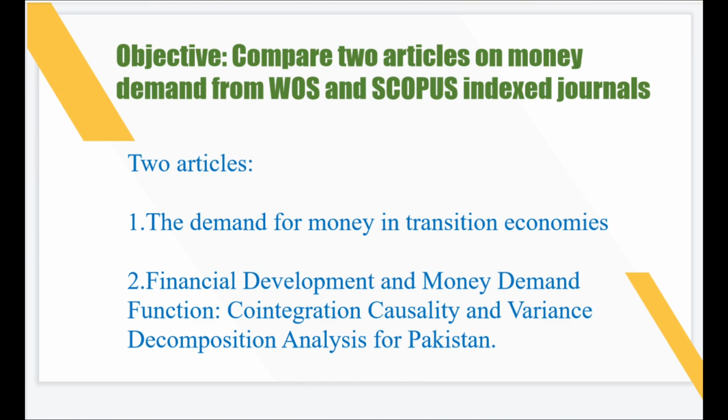The first article employed an empirical analysis approach, collecting data from transition economies and utilizing econometric models for analysis. On the other hand, the second article utilizes cointegration, causality, and variance decomposition analysis methods to study data specific to